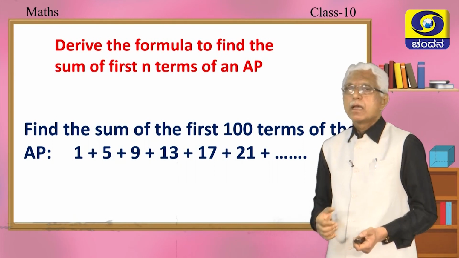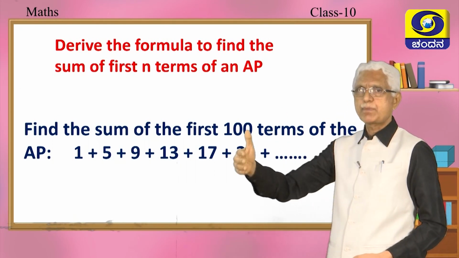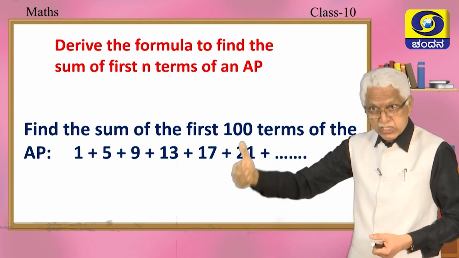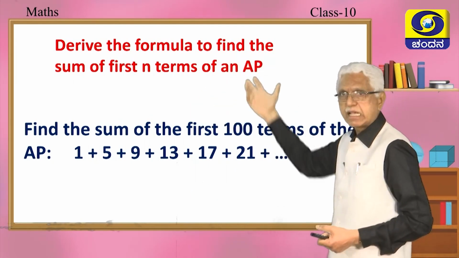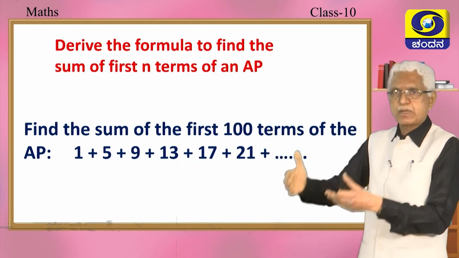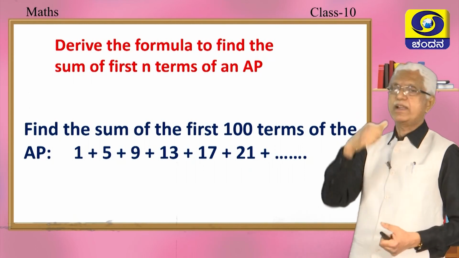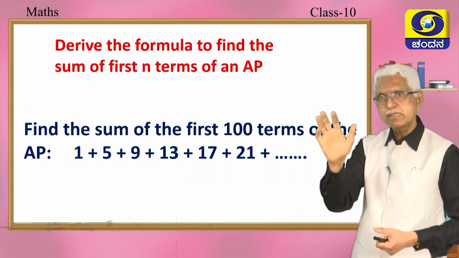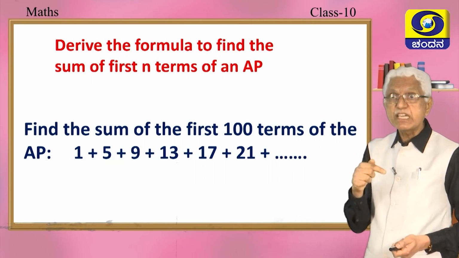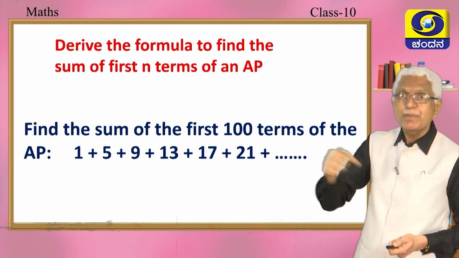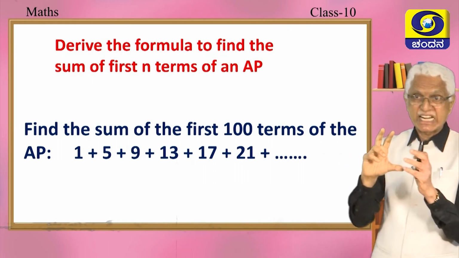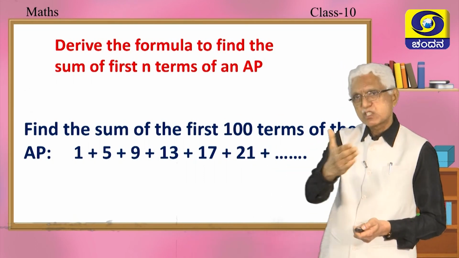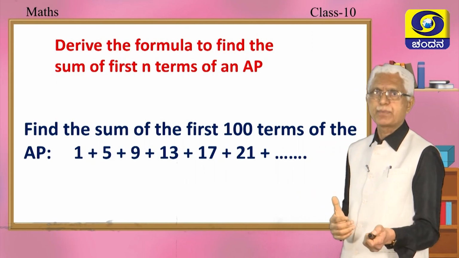Okay. See, I gave you 1 plus 5 plus 9 plus 13 dash dash dash. Another person may give you 5 plus 11 plus 17 plus something dash dash dash, or you may get 10 plus 20 plus 30 plus dash dash dash. How will you find the sum? Do we go on adding the terms? No, right? Therefore, we need to see whether there is any possibility of obtaining a general formula whereby I can find the sum of any of this kind of sum of terms. Okay, let us see what happens.